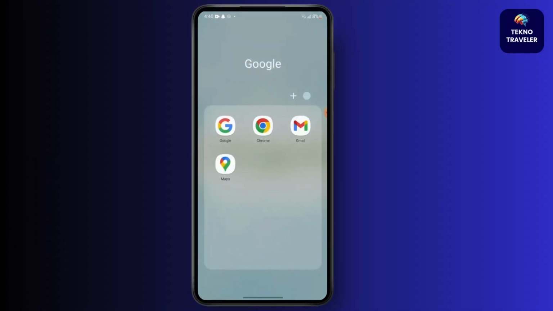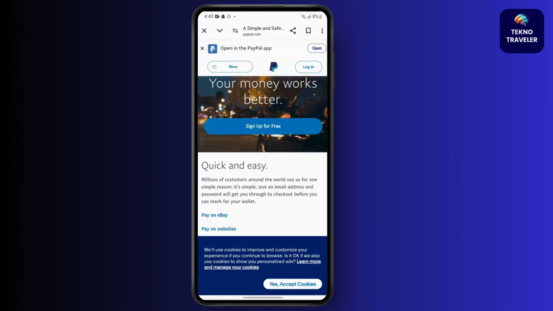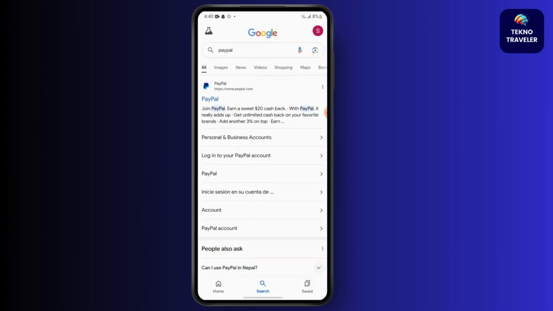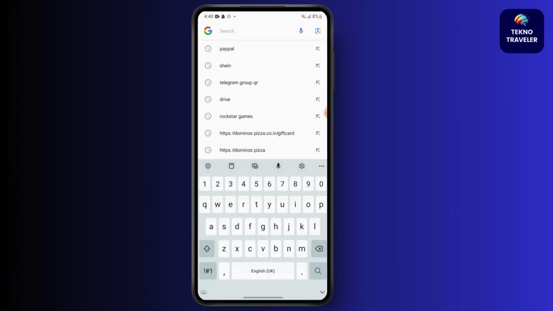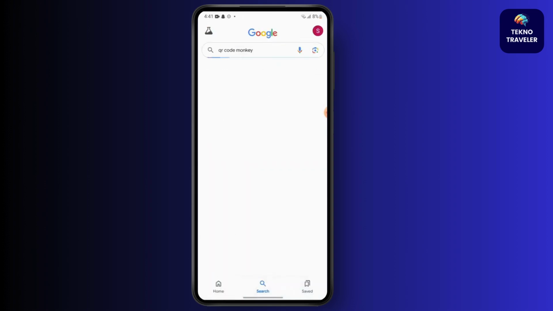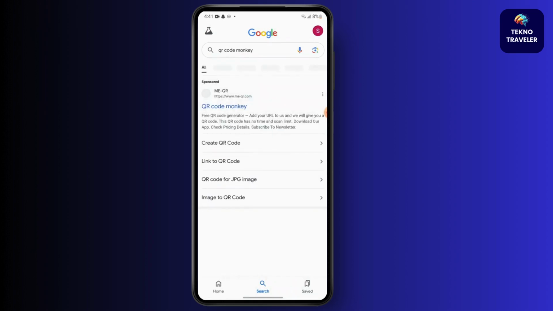So there is a website named qrcode.monkey.com where you can generate QR code for your several applications or several websites. Simply type this URL or just search for QR code monkey, then open this,